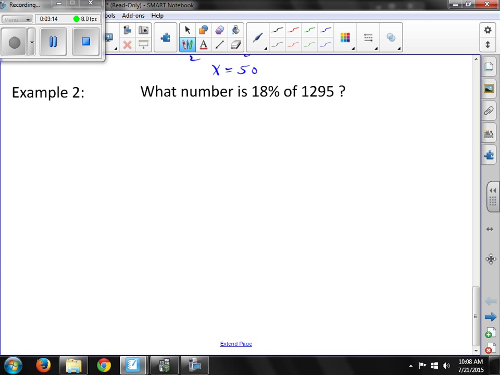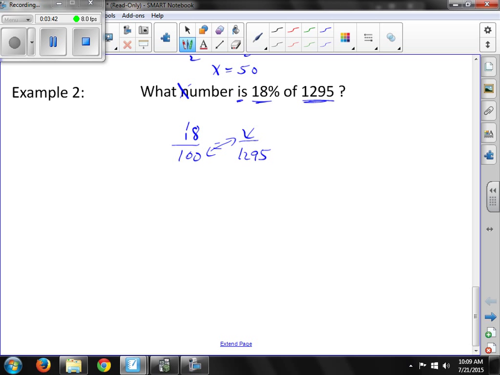What number is 18% of 1,295? What number is? So we're looking for the is. So we'll put the percent, which is 18, over 100. We're looking for the is, so that's x, over 1295. So I'm going to cross multiply,